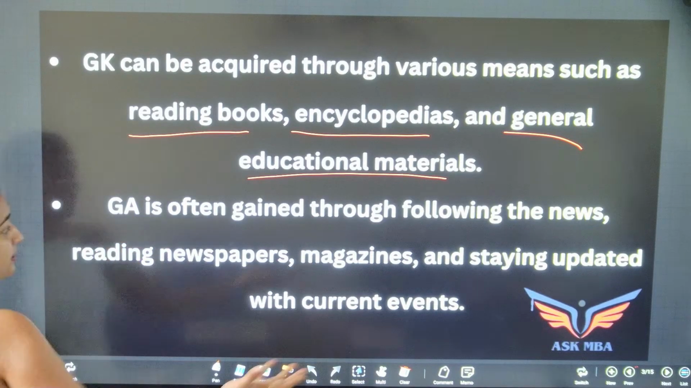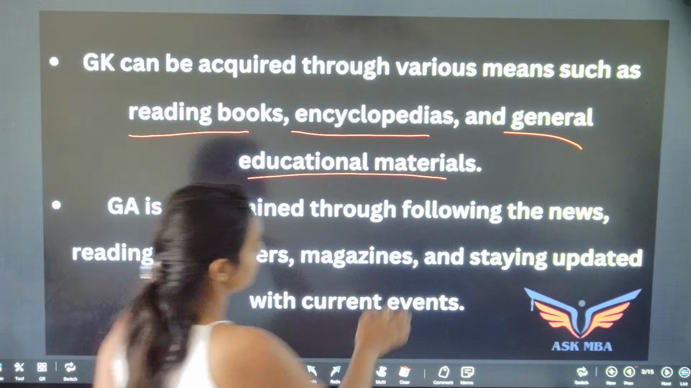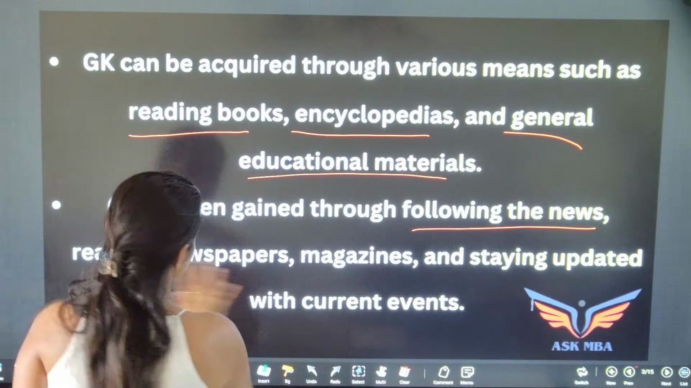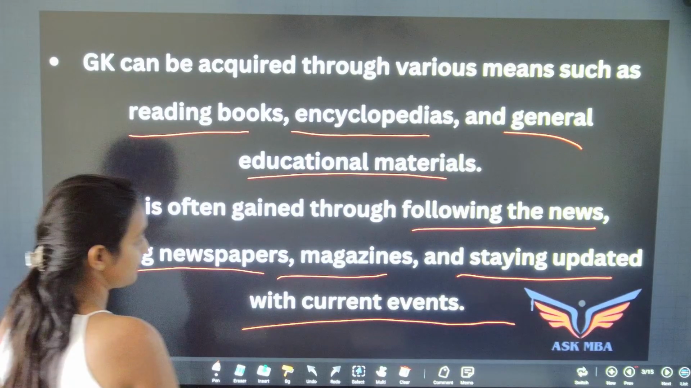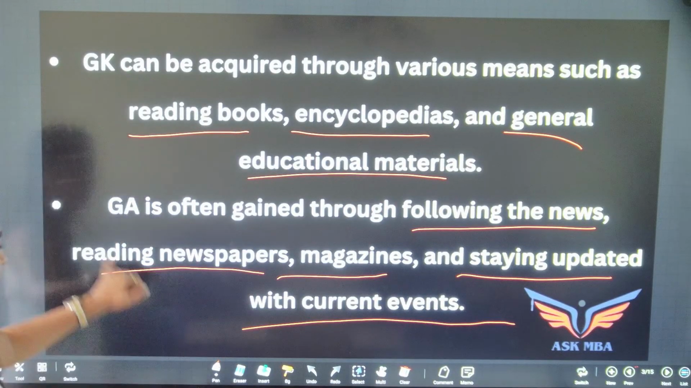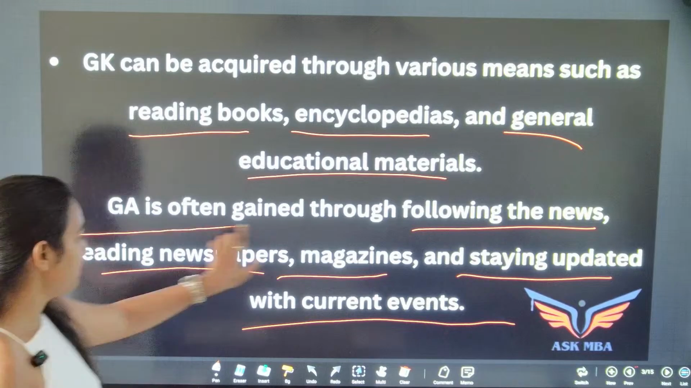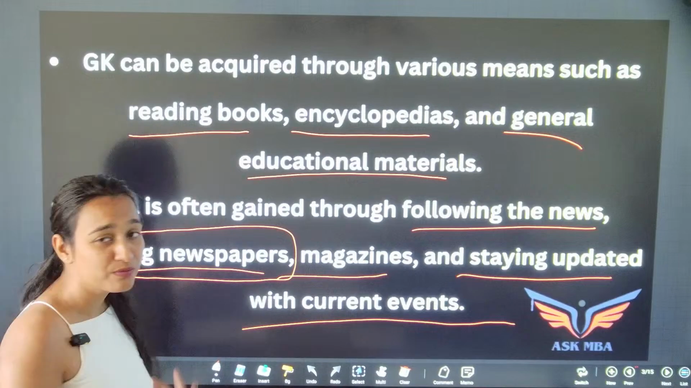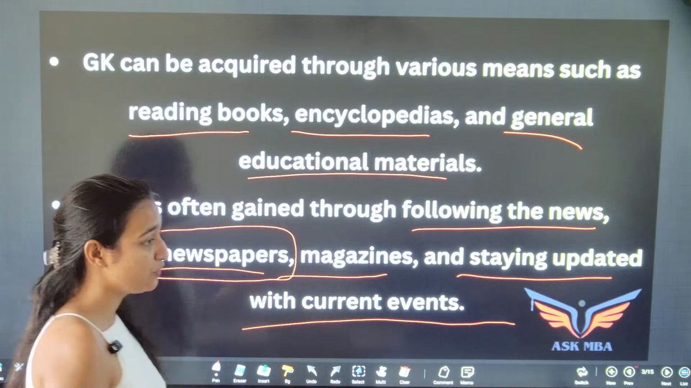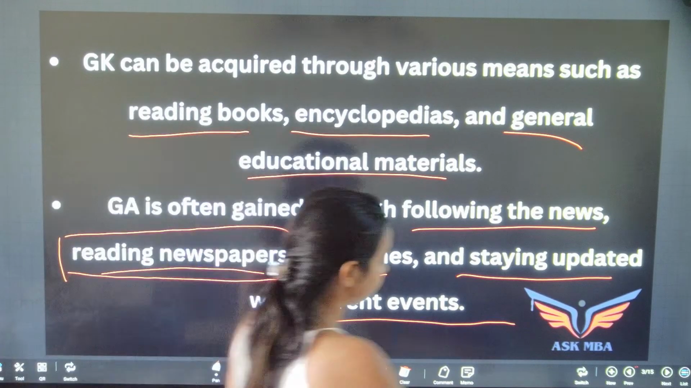Now general awareness, again I was talking about, is following the news, reading newspapers, magazines, staying updated with current events, as we spoke about before also. ठीक है, न्यूज़पेपर रीडिंग इज वेरी इंपॉर्टेंट. रोज आपको पता होना चाहिए क्या चल रहा है आपके सामने. It sounds boring but it is important if you want to stay updated. ठीक है,